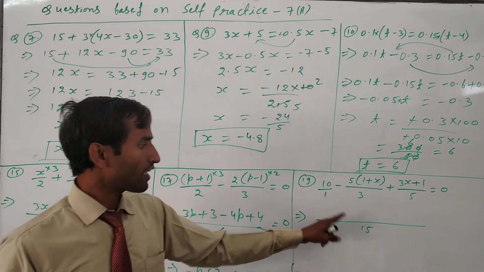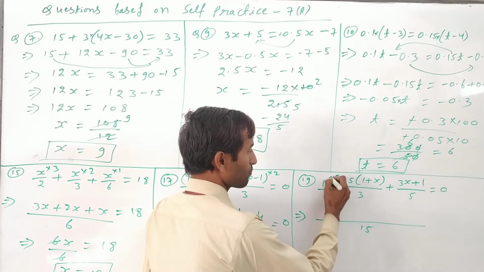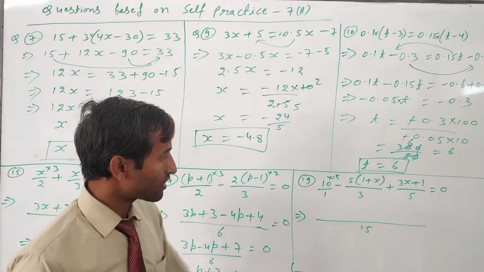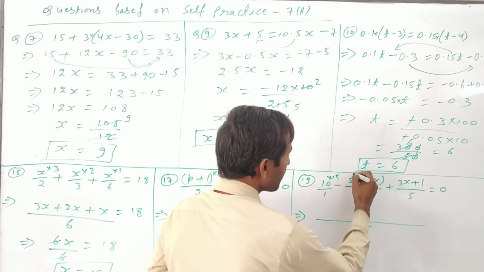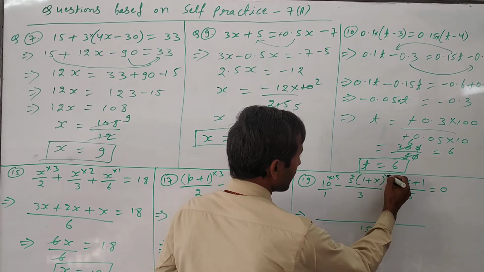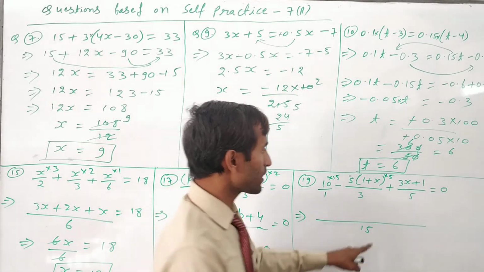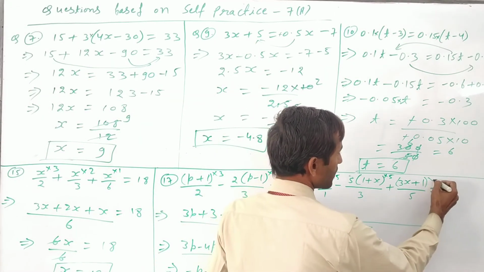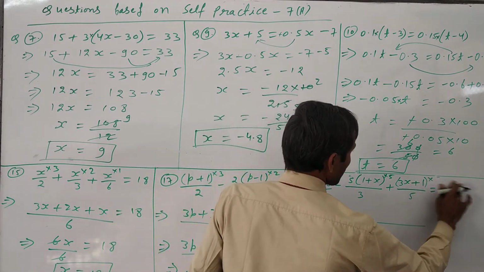Now in the 1 table, 15 will come 15 times, so we have to multiply by 15. We are making the denominator same, that's why we are doing the same process. Now in the 3 table it will come 5, so multiply by 5 again here also. Either you can write 5 here. After that, in the 5 table it will come 3 times, so just put a bracket here into 3, like this. Okay. Now just multiply here.